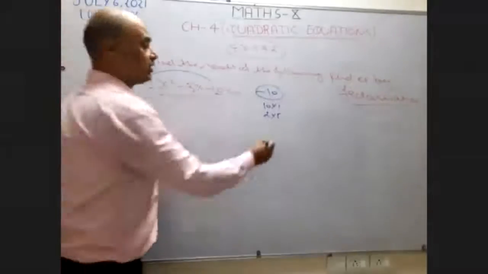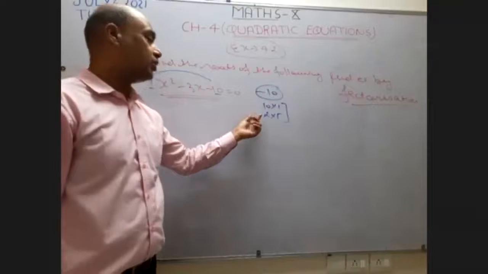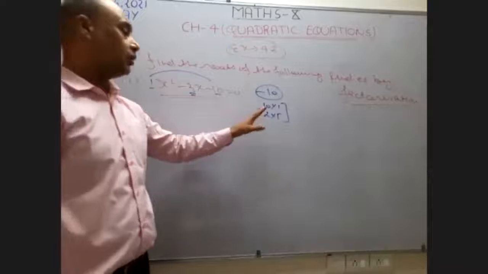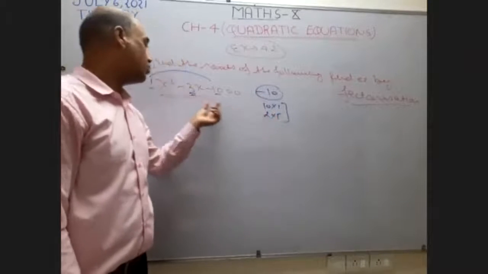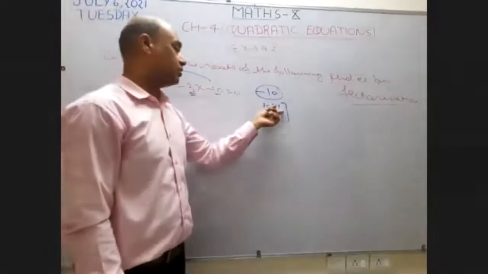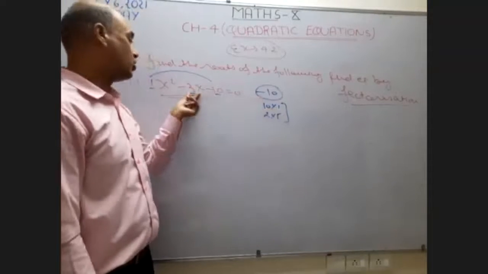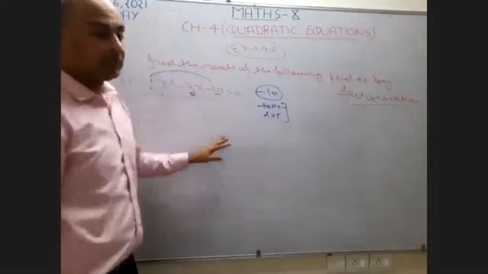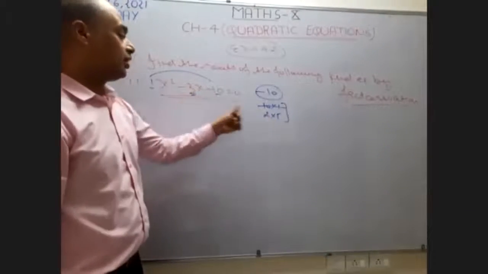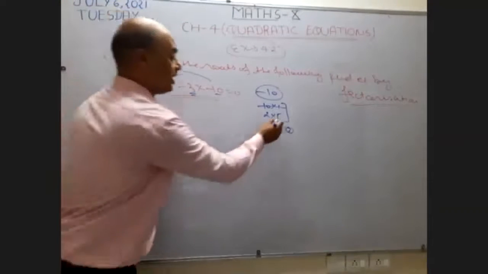Now the question is which pair I want to take. I want to take the pair whose difference or sum is going to represent the middle term. It means I want to take the pair whose sum or difference is going to represent 3. Okay, I start with this. 10 plus 1 is 11. 11 is not there. 10 minus 1 is 9. 9 is not there. So this is not the factor pair for this question. Now I take these two. 5 plus 2 is 7. 7 is not there. 5 minus 2 is 3. The difference of these two numbers is 3. 3 is there.